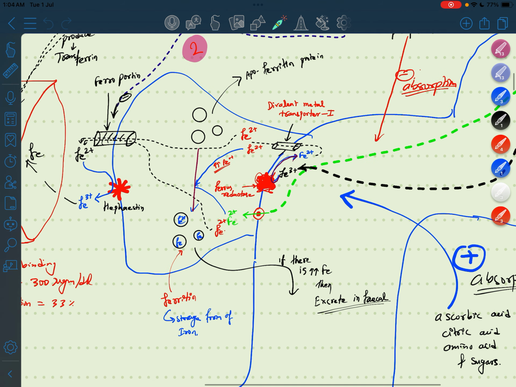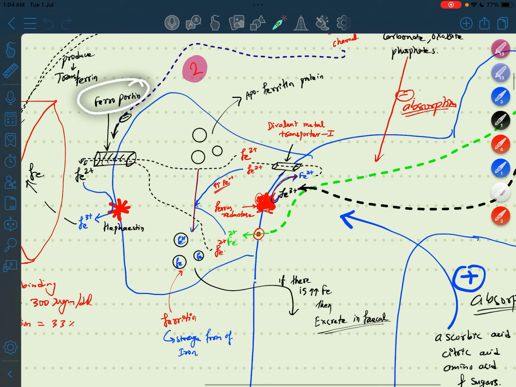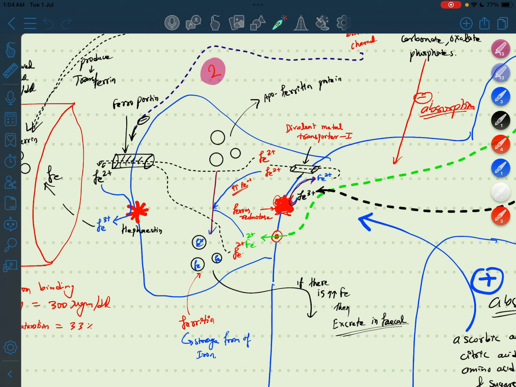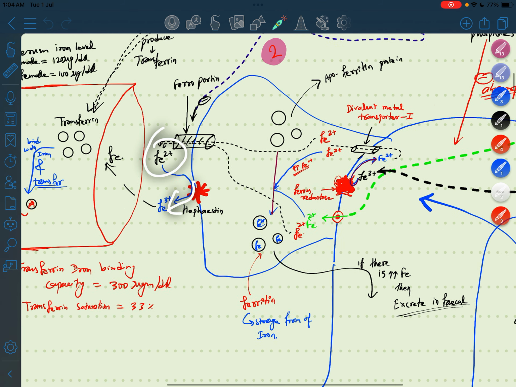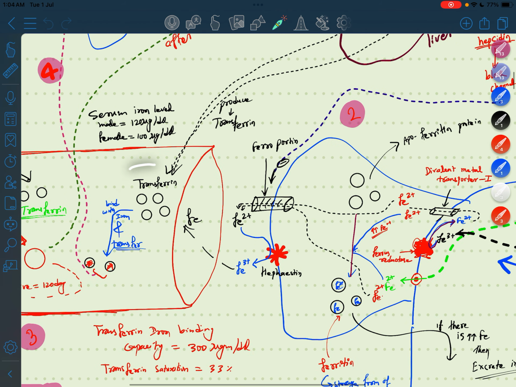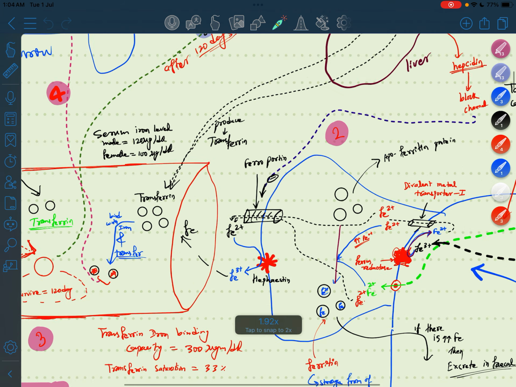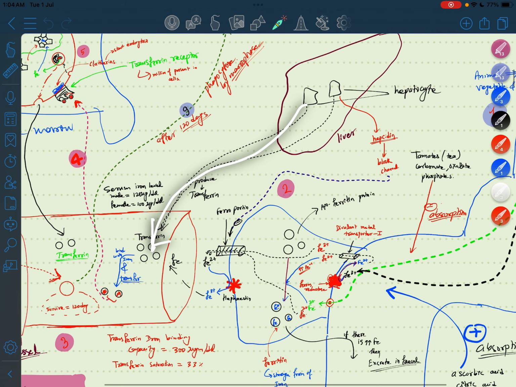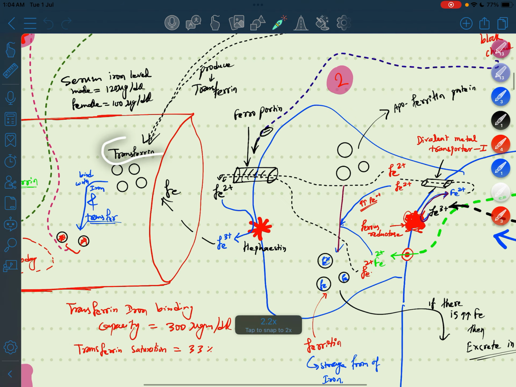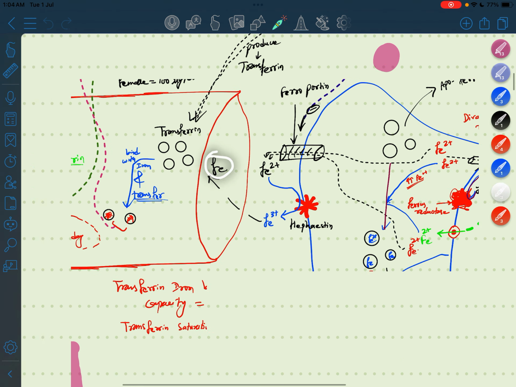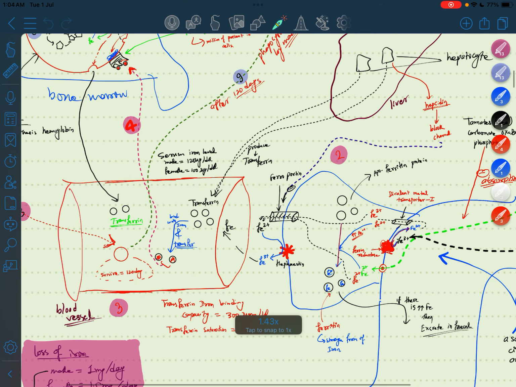After that there is a ferroportin channel, and from the ferroportin channel this iron passes into the plasma. Before going to plasma, there is a hepcidin receptor, and the Fe2+ iron is converted into Fe3+ iron. The Fe3+ iron goes into plasma and binds to transferrin. Transferrin is secreted from the liver and is a transporter for the iron. When iron is bound to transferrin, it goes into the bone